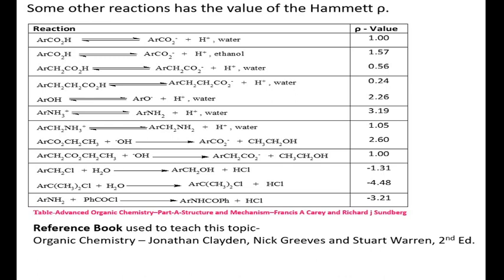These 10 anilines are subjected to the reaction with benzoyl chloride in different vessels. Then the rate of reaction is calculated. Rate of reaction means its K value, so there will be 10 K values. Then every time we have to calculate log Kx upon Kh, where Kh is for the unsubstituted compound. Once log Kx upon Kh is calculated, we take these values on the y-axis, and the substituent constant, which is fixed for all substituents, on the x-axis.